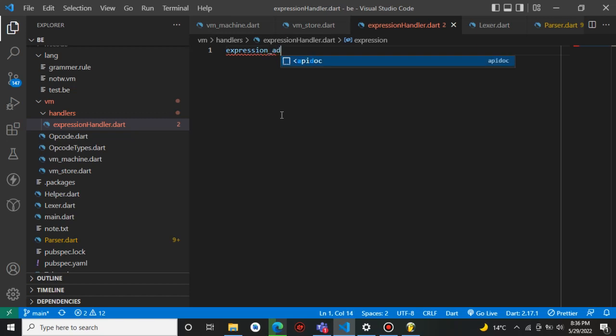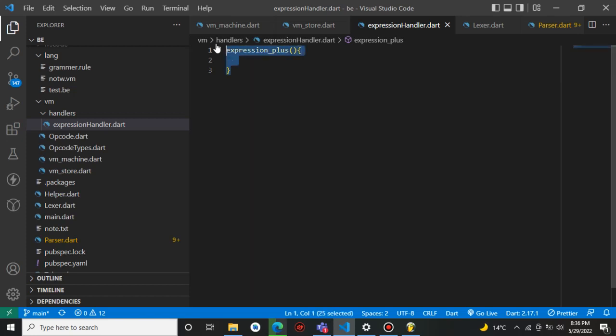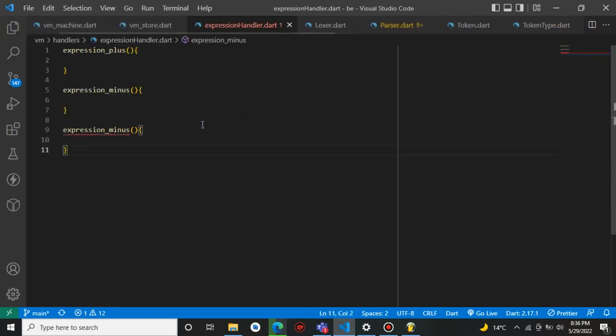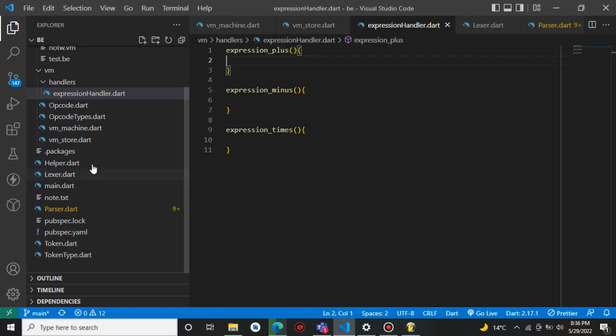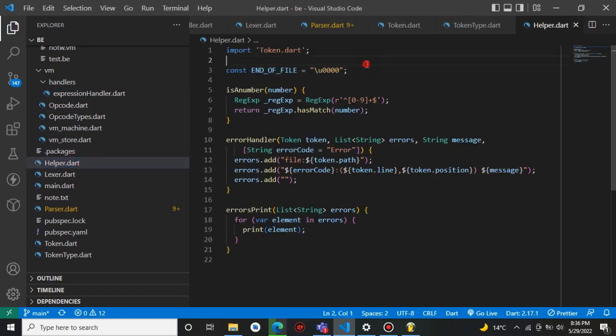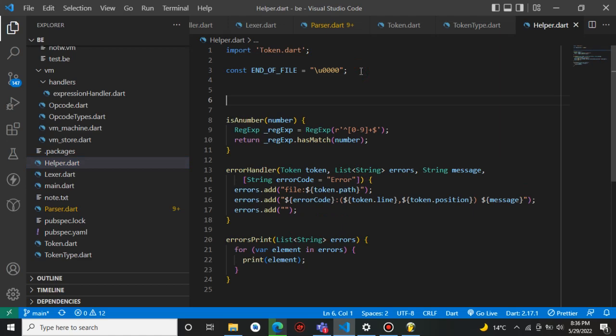So start with expression add, or maybe plus, expression plus, and then expression minus, expression times. Okay, let me do the plus. I need to create the function which will help us to type check. Save or